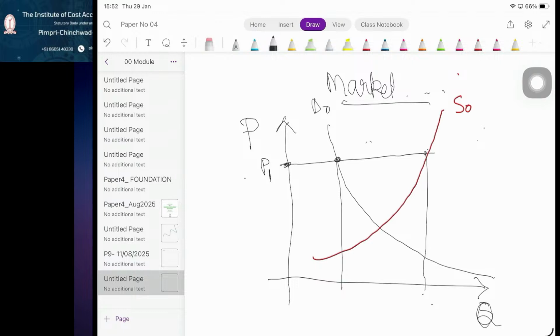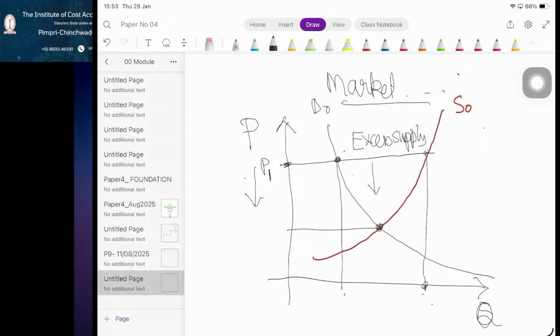At price P1, which is more? Demand is more or supply is more? Supply. Can you all see this? This is the quantity supplied and this is the quantity demanded. So this is a situation of excess supply, and in a situation of excess supply, what happens? More is being supplied than is being purchased. So this puts a downward pressure on prices, and you will end up at an equilibrium only when price is